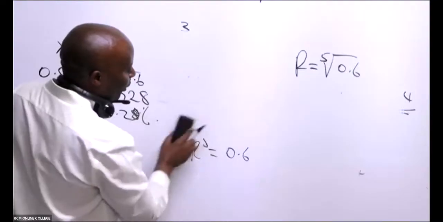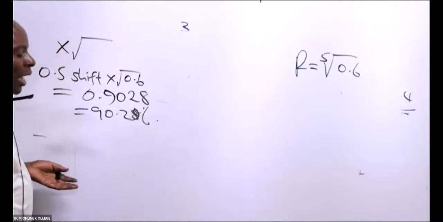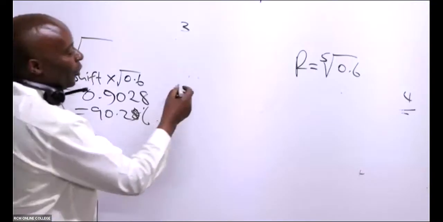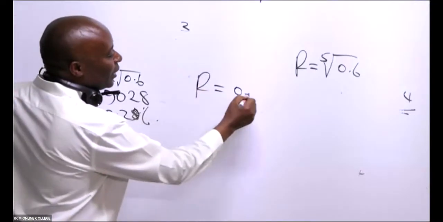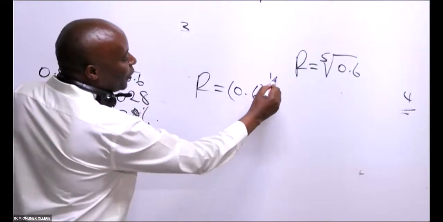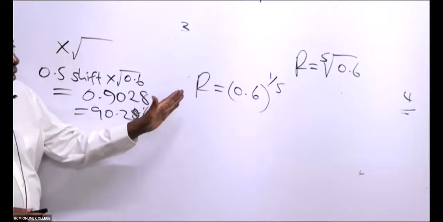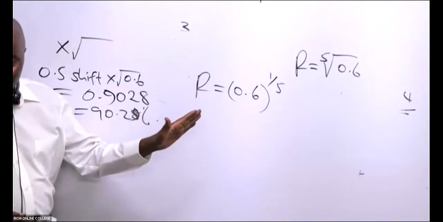These are great students. They're telling me, Mwalimu, at times, some students can't get to see the X root. You know, ladies and gentlemen, this is the same as saying 0.6 raised to what here, somebody? Most of them are wangali. Ikiwa fifth root, ni sawa na 0.6 raised to power 1 over 5.